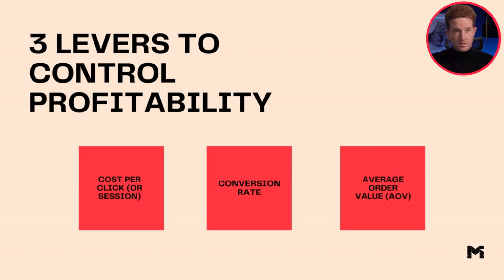Your conversion rate, the percentage. Now, people make this mistake all the time. The conversion rate is not the amount of people who convert. Your conversion rate is the percentage of people who convert. So if I have 100 clicks and I have 1 conversion, what's my conversion rate? 1%. If I have 7 conversions, my conversion rate is 7%. Fine, conversion rate. So the percentage of people, right?